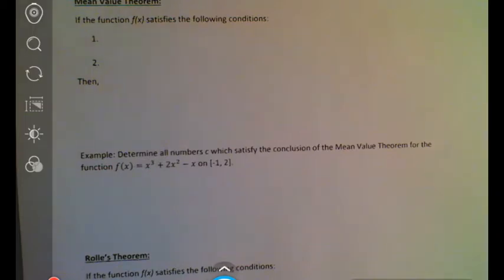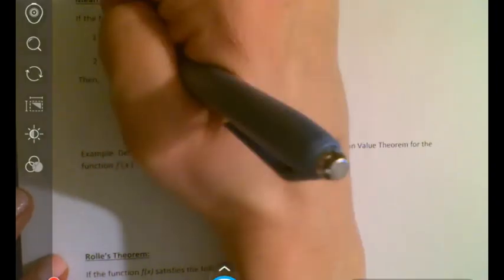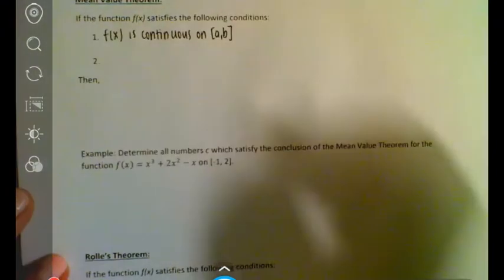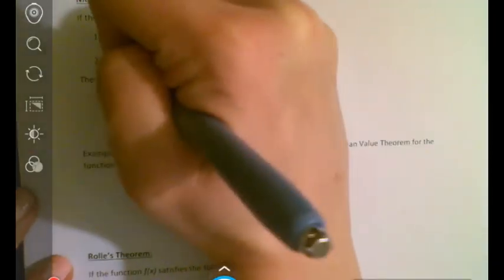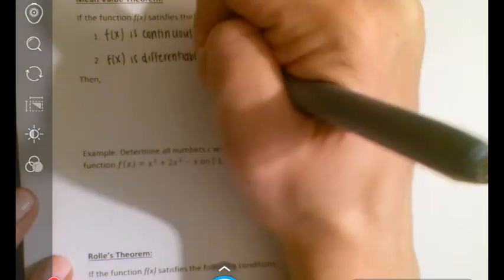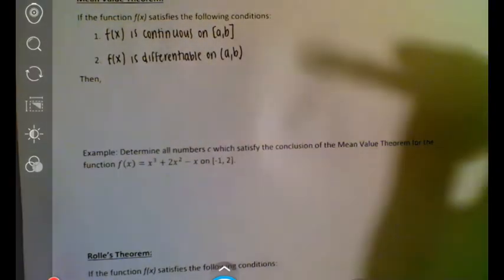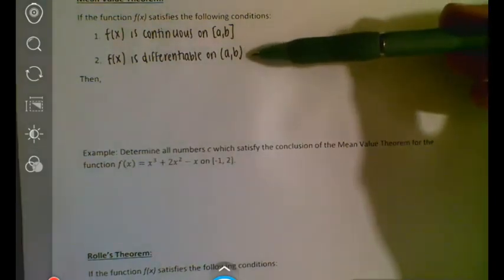So for the mean value theorem, basically, you need to meet two conditions in order for the MVT to work. The first one is that your function must be continuous on the closed interval from a to b. And the function must also be differentiable on the open interval from a to b. So meaning we can't have any breaks, holes, any sort of asymptotes, and we also cannot have any cusps